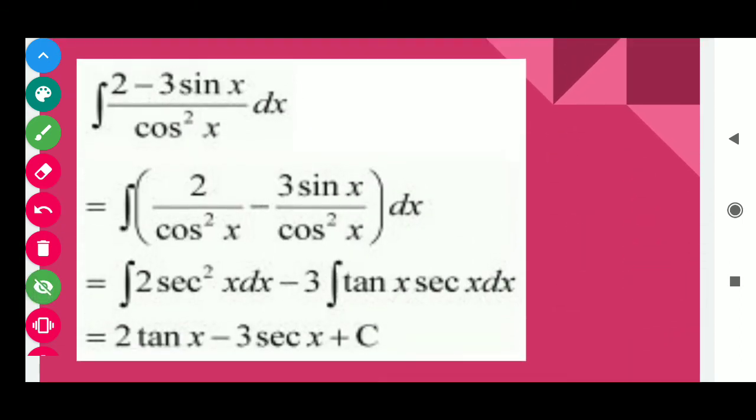Question is integration of 2 minus 3 sin x divided by cos square x. स्टूडेंट्स, आप यहाँ देख सकते हैं कि यहाँ क्वेश्चन टूल लगना चाहिए था जब हम डेरिवेटिव करते हैं, बट हियर इज़ नो क्वेश्चन टूल. You can separate this cos square x in the denominator of both. So in this way we get 2 secant square x, and by calculating this we get 3 tan x secant x. Integration of secant square x is tan x, integration of tan x secant x is secant x, and so in this way we get 2 tan x minus 3 secant x plus c. Here c is some constant of integration.